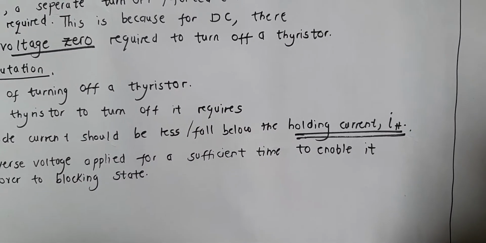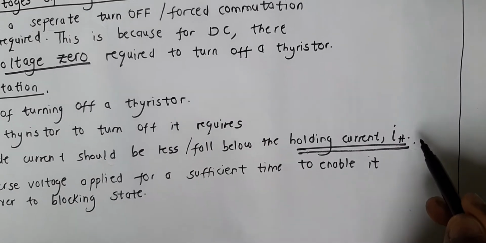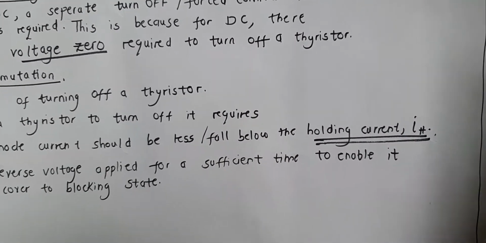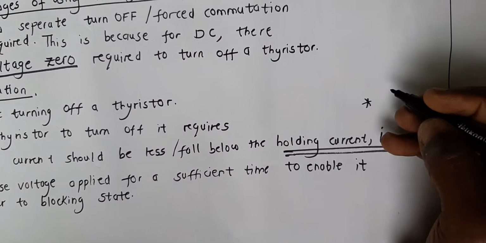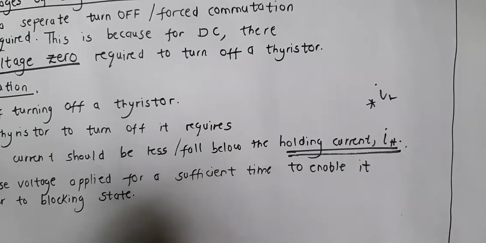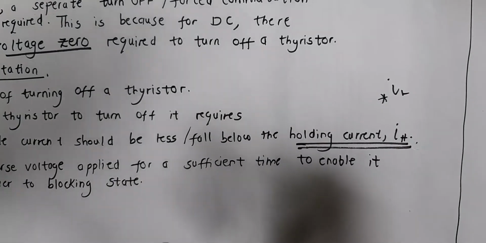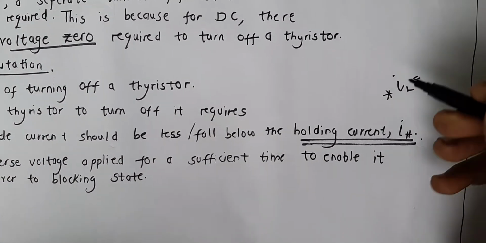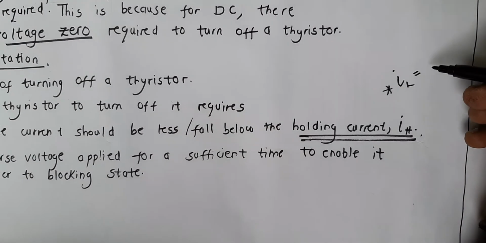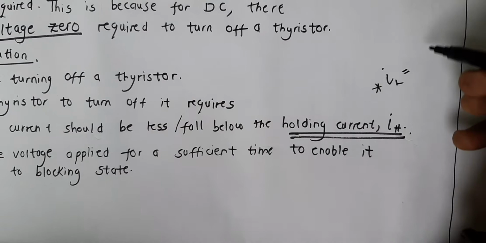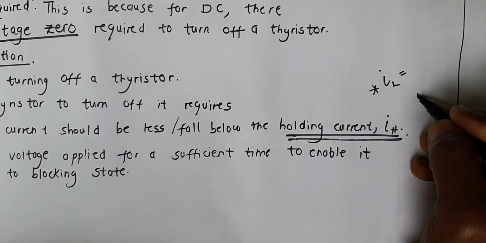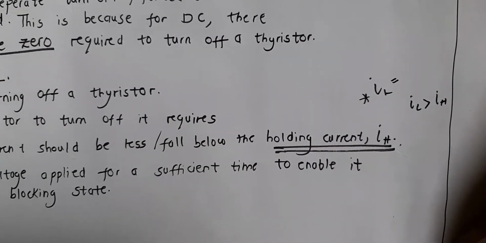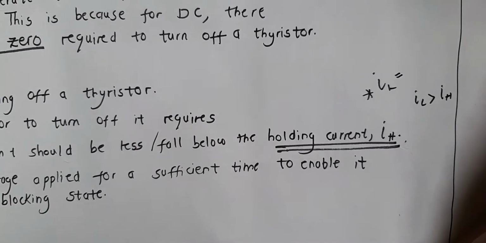And what exactly is the holding current? Holding current is the minimum current that is required to maintain conduction. Another type of current that is available is what is known as the latching current, denoted by IL, but these we are going to discuss in a separate video on thyristor. This latching current is that current required to maintain conduction after removal of the gate pulse. Usually, the latching current is higher than the holding current. All these details we are going to talk on a separate video whereby we'll be talking about thyristor commutation and thyristors itself.